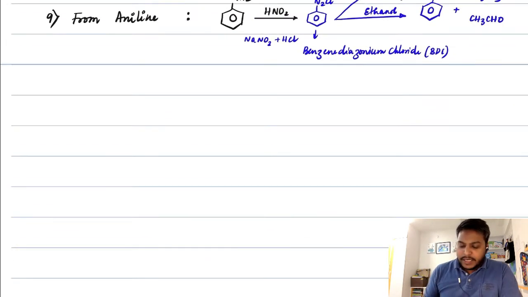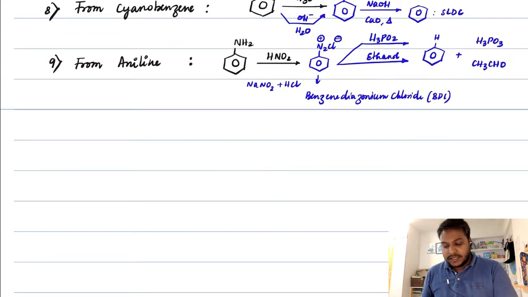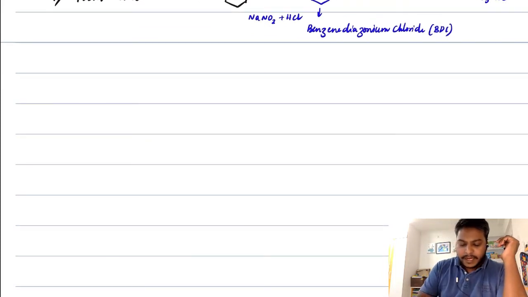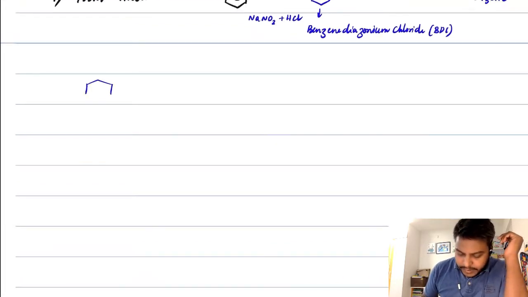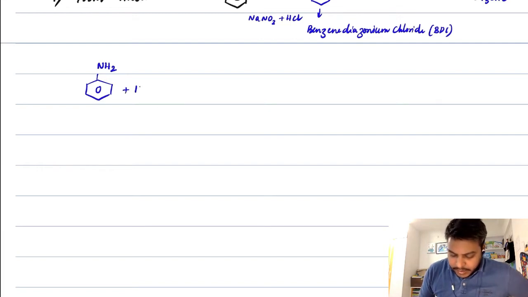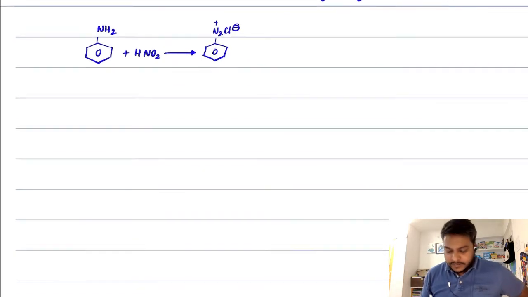But before going into that, we will be coming across this mechanism a lot of times, how the reaction happens with nitrous acid. So I would just like to showcase the mechanism, what steps were involved in making this nitrous acid and how that is going to act like an electrophile here. So the basic idea is, if you take any primary amine, in this case I'm taking aniline, and treat that with HNO2, we shall get diazonium salt, N2 plus and Cl minus. Now, let us see how exactly this is formed.